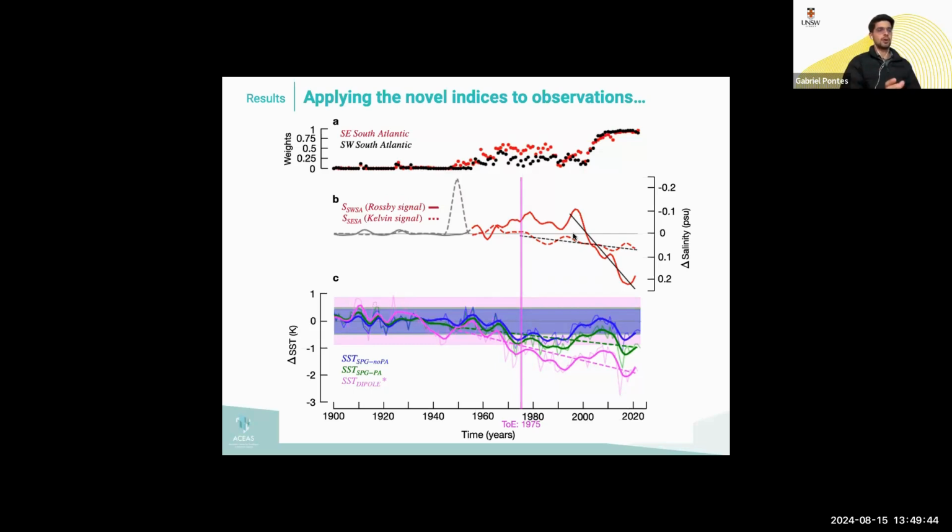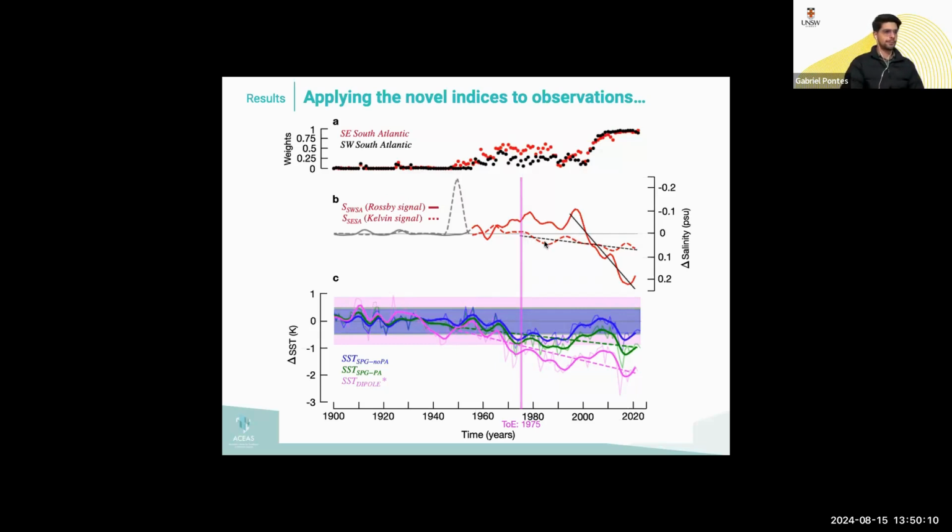And we believe that's because of the intensity of the freshwater forcing, because in those idealized simulations, we apply a stronger freshwater forcing in order to identify the signal. And under weaker freshwater forcing, which will be related to this historical period, those signals would take a bit longer to emerge